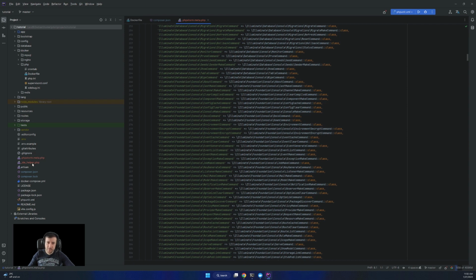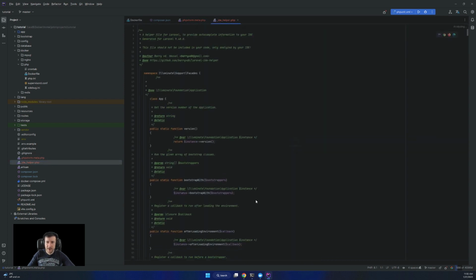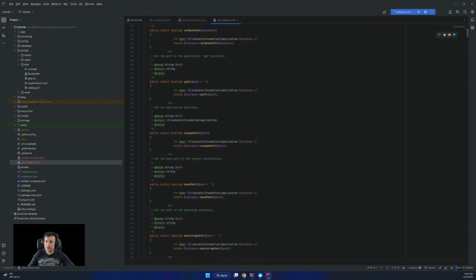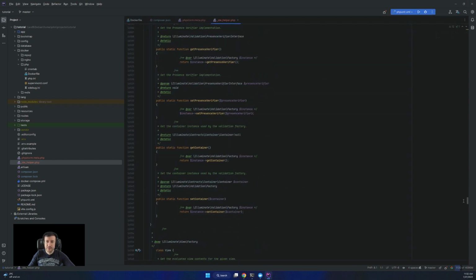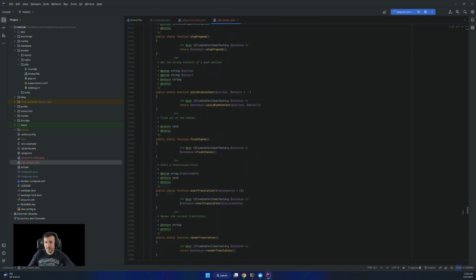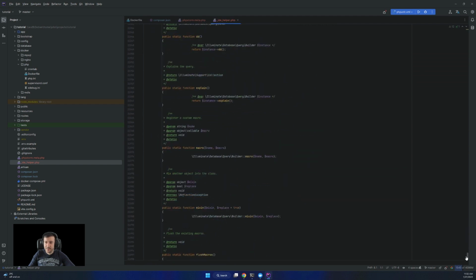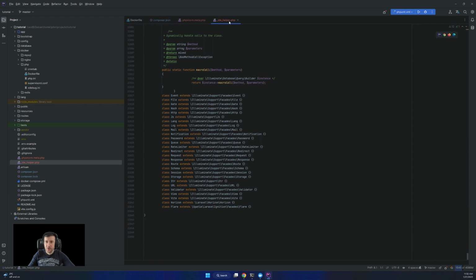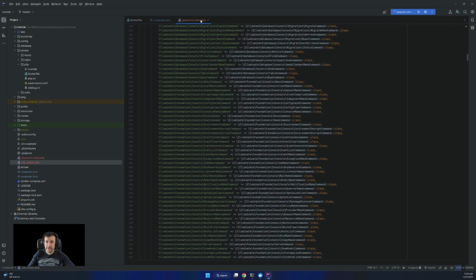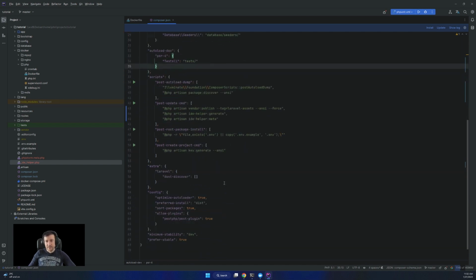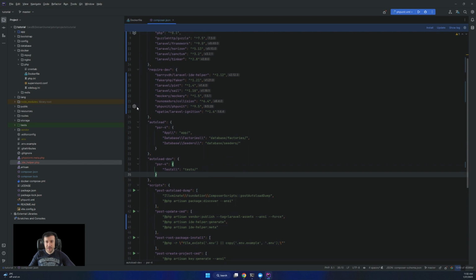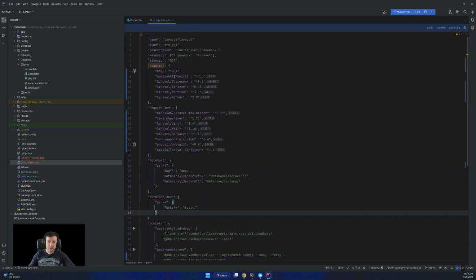So this is the helper and PHP Storm Meta, which helps you. You have all the methods that are accessed through facades from Laravel, and you can follow and go to the Laravel method inside.